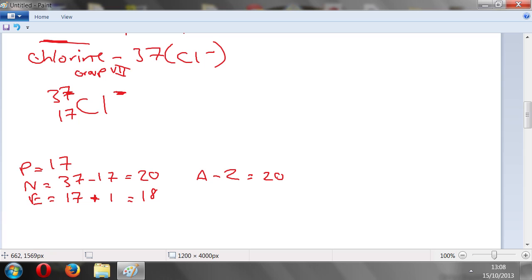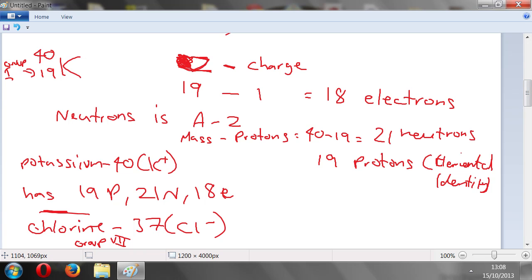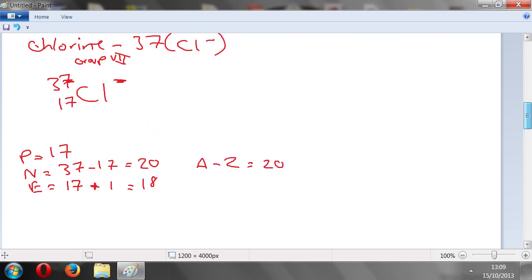And then finally, for the electrons, for a negative ion, we take the number of electrons in the neutral atom, which is always equal to the number of protons, and then we add on the charge. So when it's negative, we add on the charge. When it's positive, we subtract the charge, as in the case of potassium 40, where we subtracted the charge to get the number of electrons. So that, as they say, is that. I'm going to be moving on to talking about